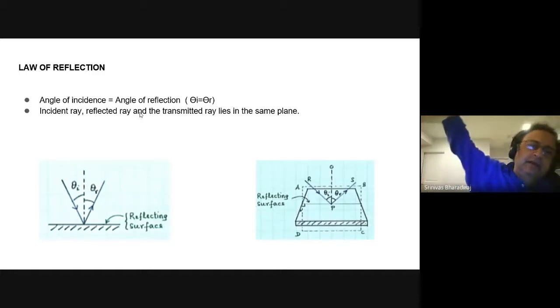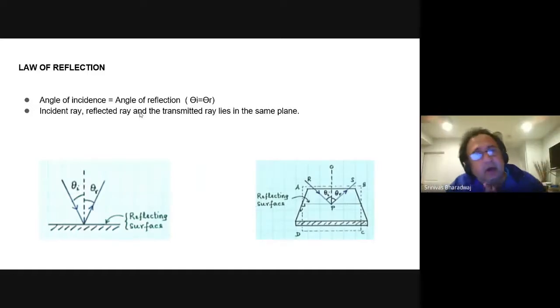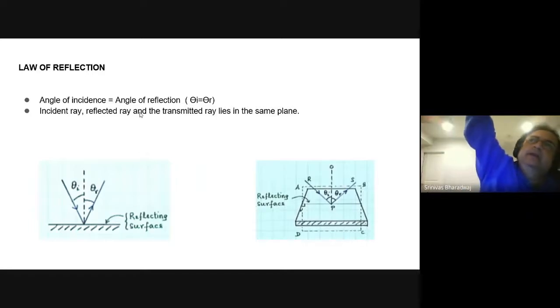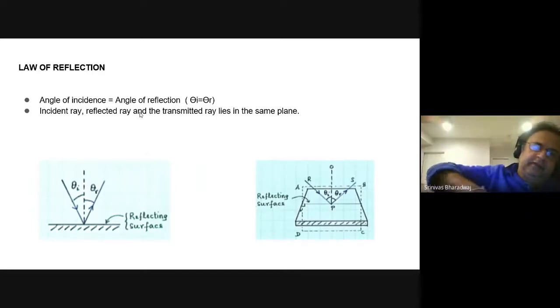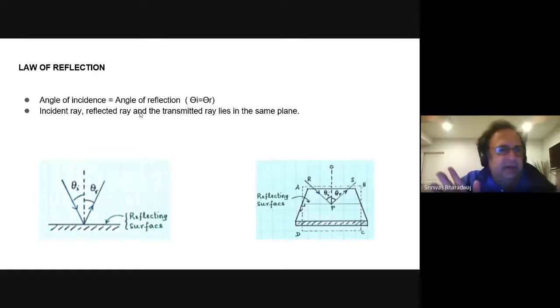Now, when we look at sunlight, we already discussed sunlight as carrying a lot of wavelengths, right? And when sunlight comes from a far distance, it's coming parallel, and if you have a mirror, it depends on how you've tilted the mirror. You can tilt the mirror in such a way to reflect it.